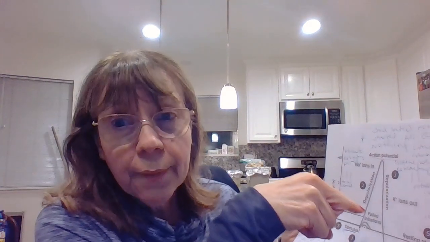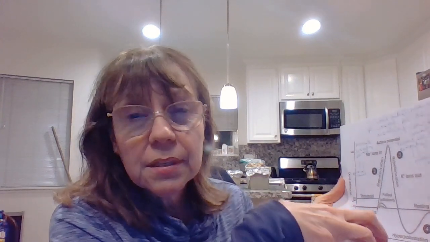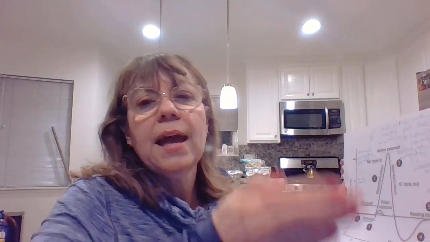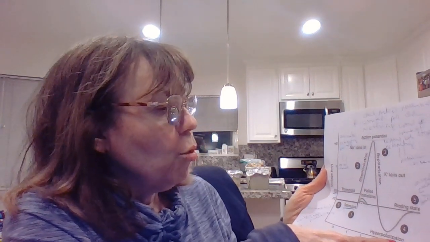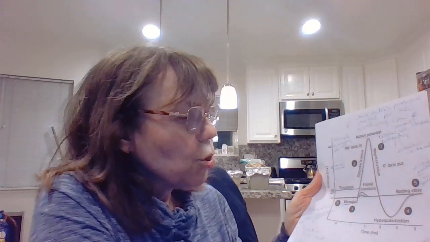And when it opens, the sodium ions come in and then it gets depolarized. Right after that, the ion gate for potassium opens up. So it gets depolarized, but then with the potassium now, it's going to be repolarized. And then for a bit, it's going to be hyperpolarized. There's going to be a lot of negative ones because it still hasn't reached the gradient, or equilibrium. So before that happens, there's what's called the sodium